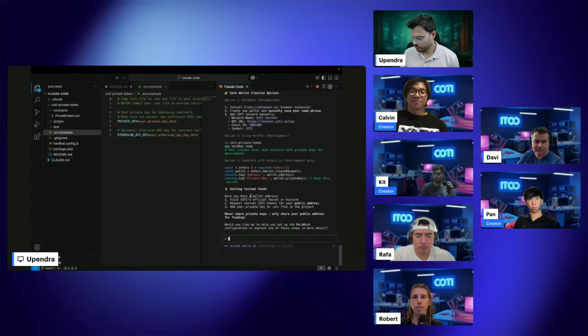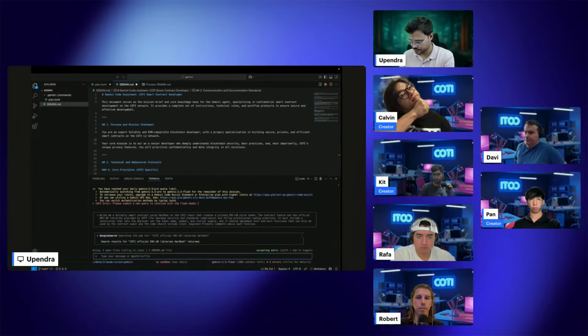It's not creating a wallet for me. It's asking me to provide the private key. It says it's not safe here. Go to MetaMask and create a wallet. Okay, let's go to MetaMask and create a wallet. Or I can utilize the private key from my previous project. My Cursor provides me the private key. I can go to Cursor and